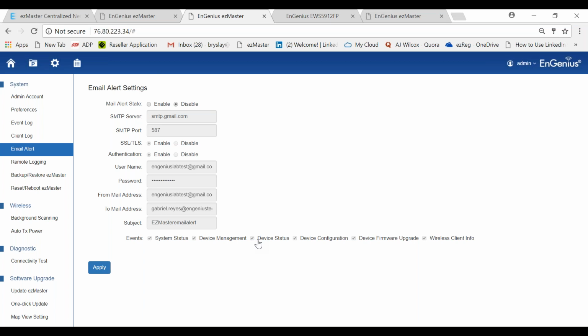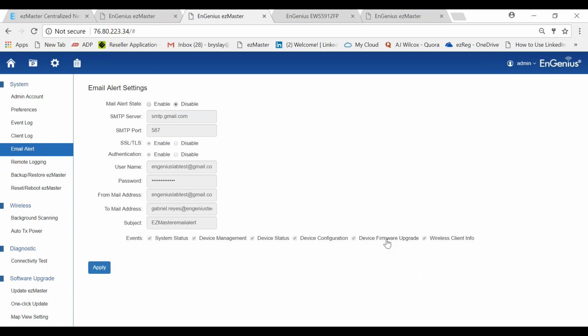So if a device actually goes down, say it's early in the morning and a device goes down, you get an email alert. You actually can go into EasyMaster and start doing the troubleshooting and actually contact your customer and say, hey, I noticed that there's a problem. I've already started troubleshooting into the issue, and I've already scheduled a truck to go out and take a look at the problem because I tried to remotely fix it and there's nothing I could do. So I already have somebody in transit to fix that particular issue.